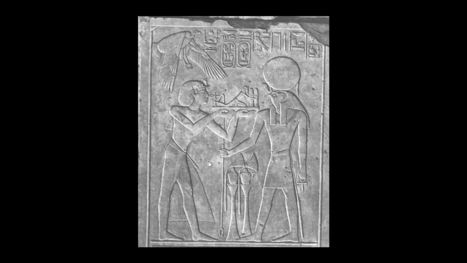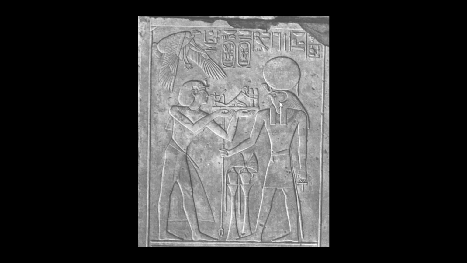On the upper register of the South Jam is represented the king presenting a statuette of himself kneeling and offering 2 ointment jars to Ra-Harakhty. The name of Ra-Harakhty is written here, Ra-Harakhty, together with his epithets, Great God, the Lord of the Sky, he who resides in the temple of the Mat of Ra endures. The Mat of Ra endures is the name of King Sethi I as king of Upper and Lower Egypt, and the temple of the Mat of Ra endures is the temple of millions of years of King Sethi I at Abydos.